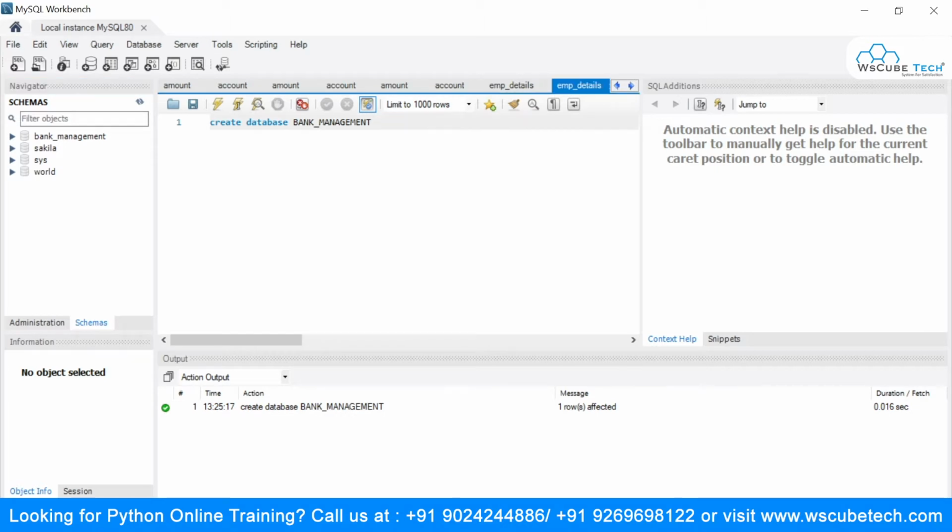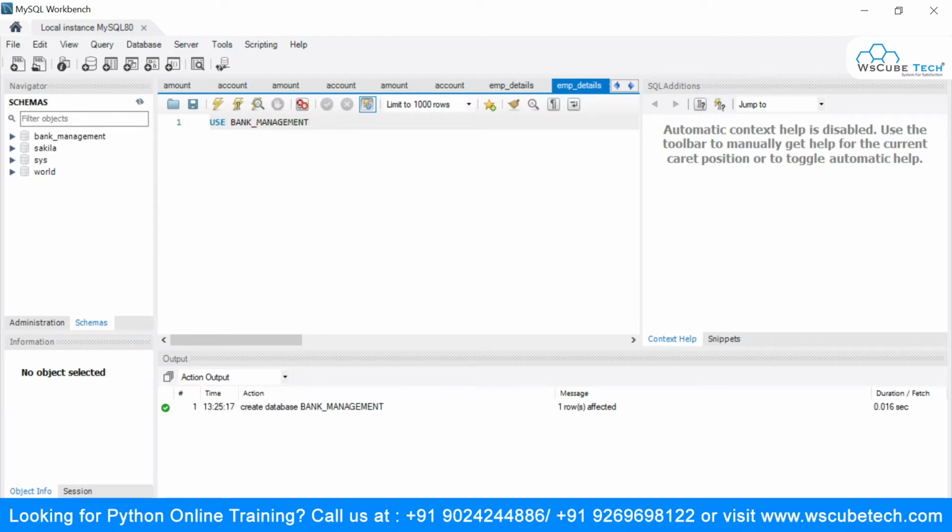All right, now once the database has been created, we want to create the tables inside it. In order to create a table, first we need to write the command and let my MySQL Workbench know which database I'm using. So for that purpose, I have to say use bank management.